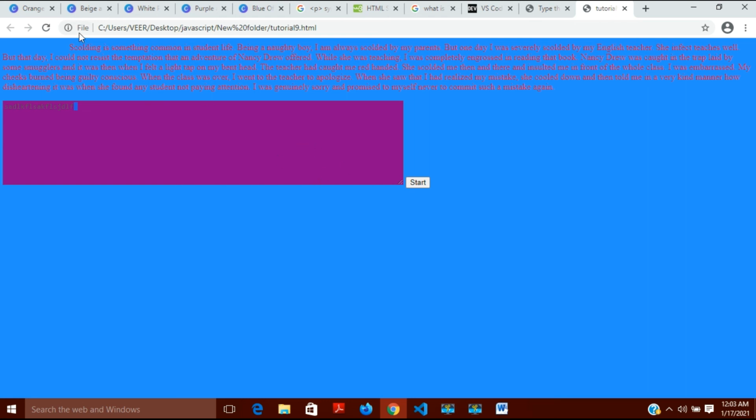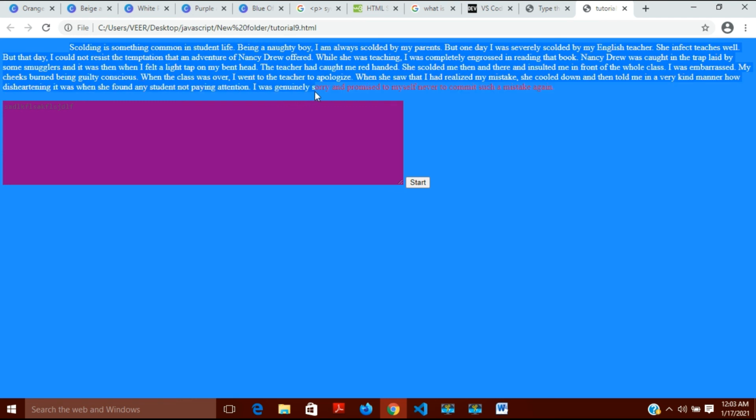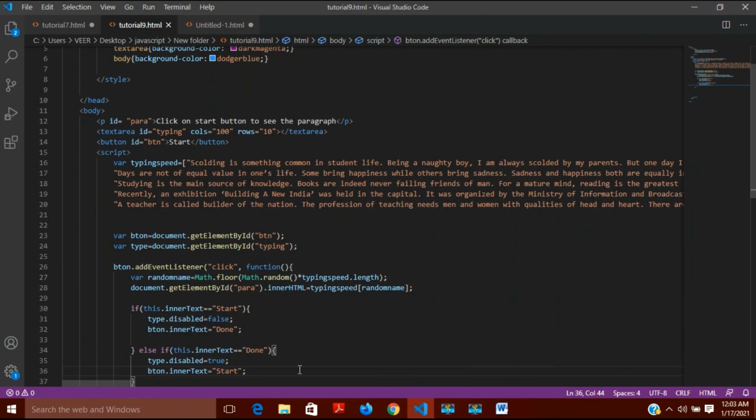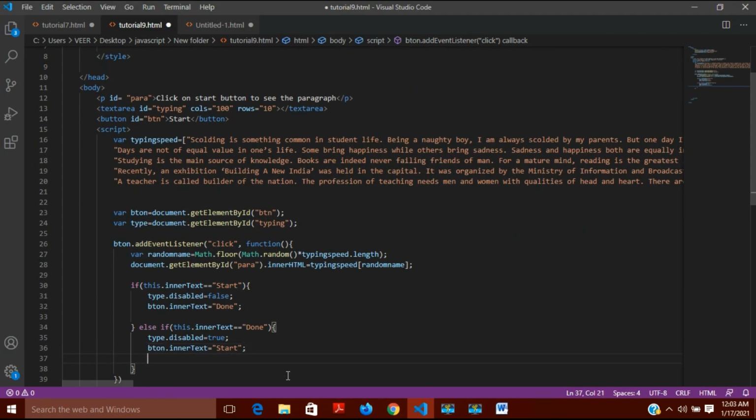So up to here, now I want the paragraph to be invisible when I'll click on done. Okay, so one more thing I will add here, same thing as here. You can see document dot get element by id para, inner html is equal to typing speed.